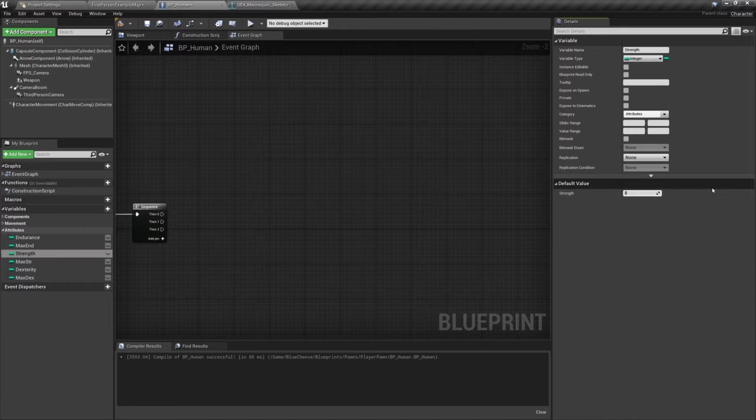We'll do 61 for strength. And then dexterity will be a 75. And if you're wondering why I'm doing these seemingly random numbers, it is kind of a 0 to 100 scale in this case. Again, just really a work in progress. But the reason I want my strength and dexterity to be different numbers is because